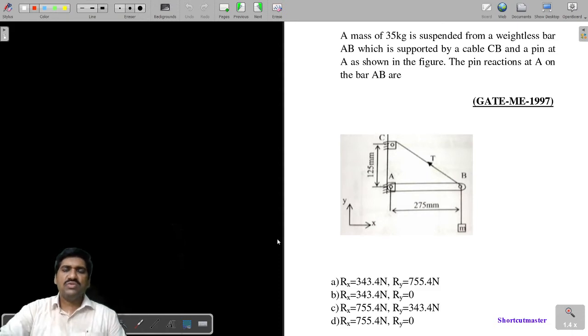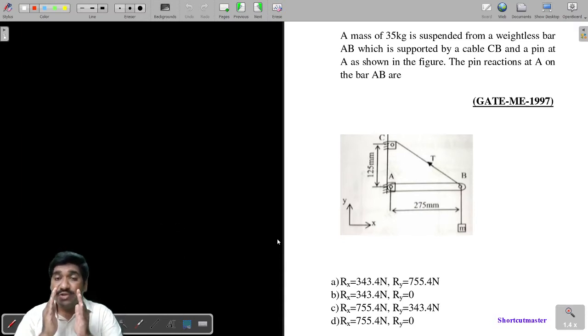So today I am here with you with a very important question. I will do this question in a total of three methods. One is the general method, and the next two methods will be absolutely shortcut methods for you, my dear students. So try to have some patience. I will show in what smart way you can use the equations of equilibrium for a body which is already in equilibrium.